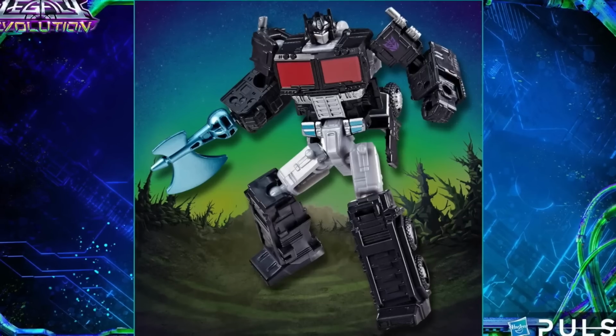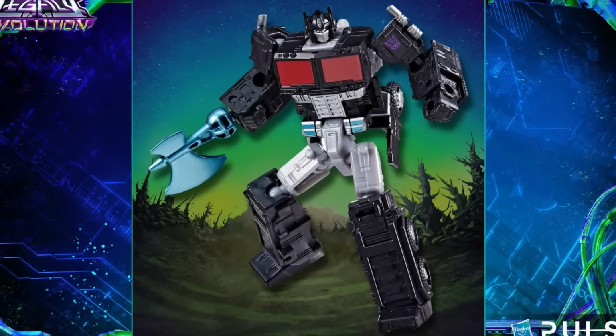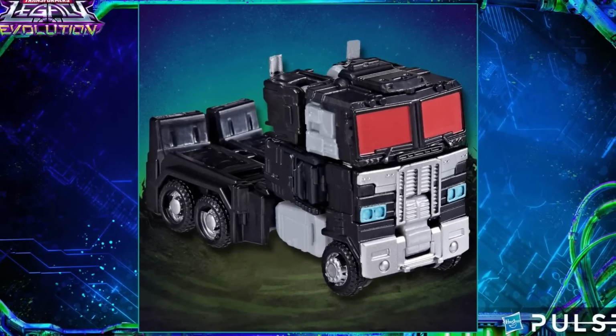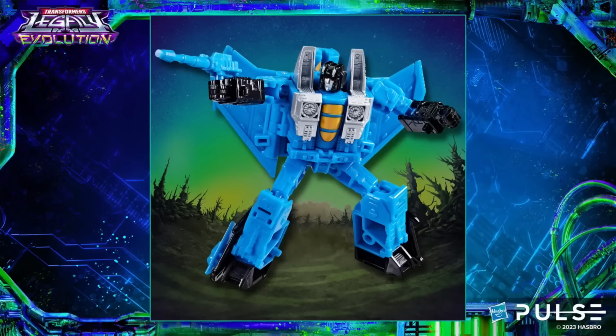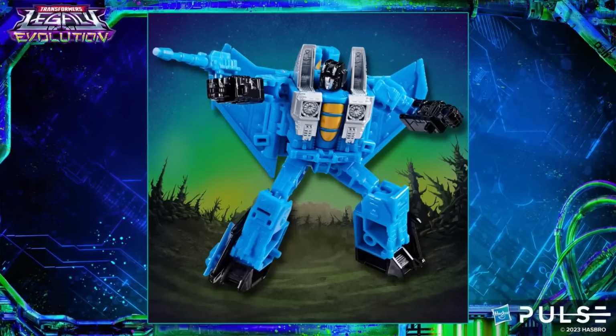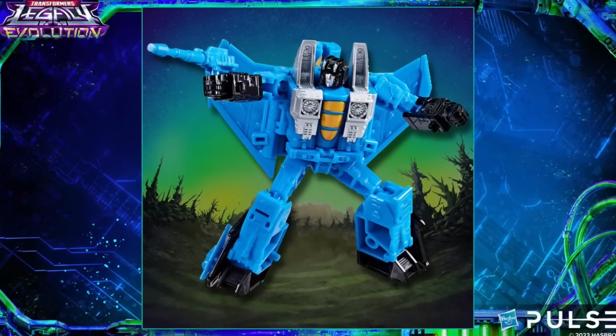It's here for Nemesis Prime, done in that wicked Nemesis teal color, which I think looks fantastic. Here we have an image of him in the vehicle mode, fully decked out with metallic silver rims, better than that original Kingdom Optimus Prime in my opinion. And we have another redeco recolor, which is Thundercracker. As you guys all know, we've completed the Seekers now. Looks cool. It's nice to see this being a straight up repaint of Starscream and not Skywarp,